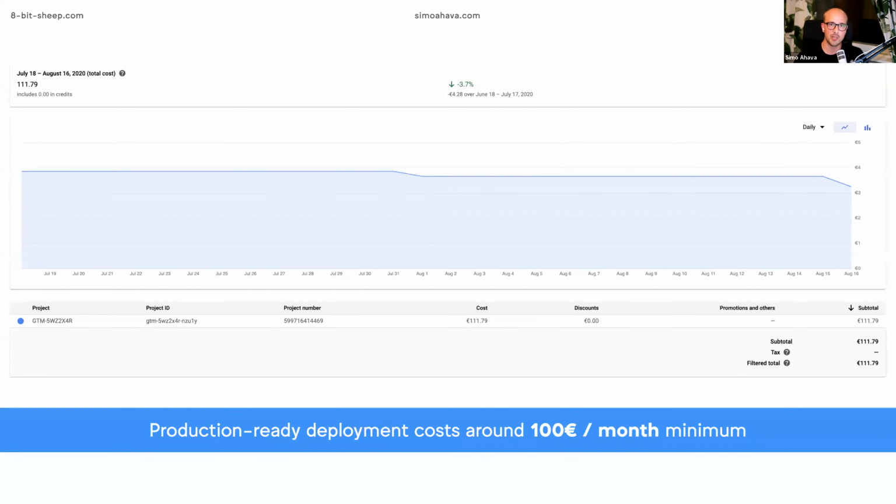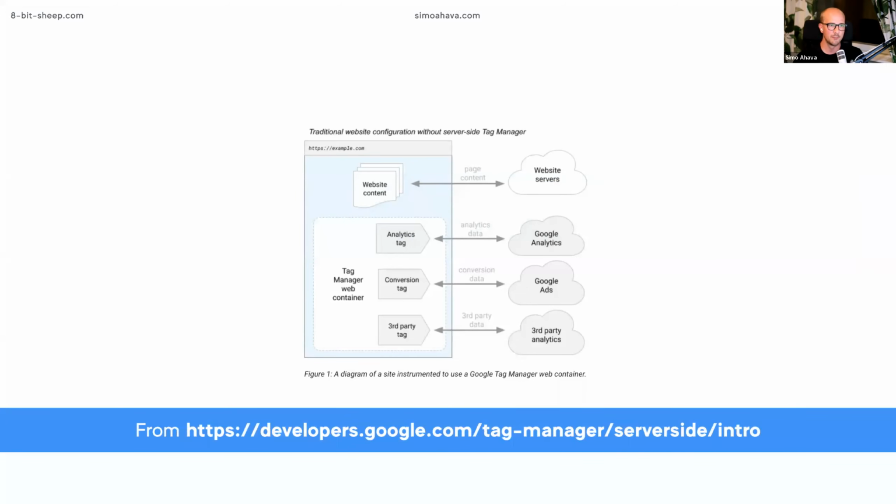It's not free in terms of how web GTM is free, but it's also not prohibitively expensive to organizations that are able to make this investment. For smaller companies, yes, it's going to be a problem to justify this extra cost. But I hope that what I'm presenting today will help you make your mind whether or not this is a worthy investment to make. The following 2 slides are borrowed from Google's documentation, and this is just to show how